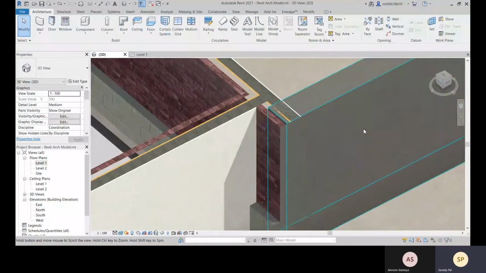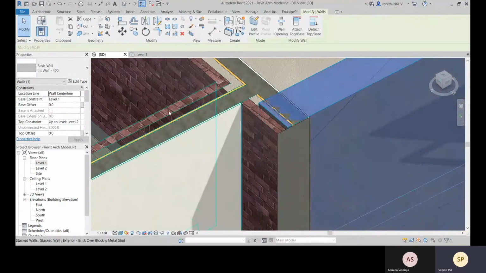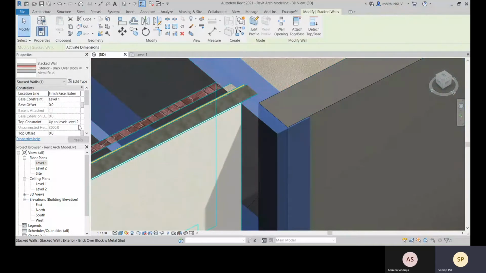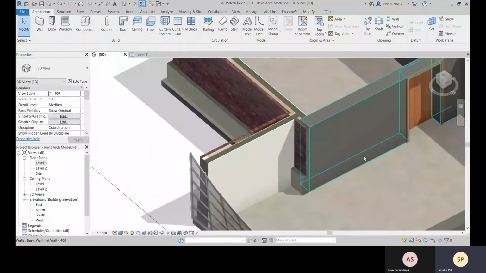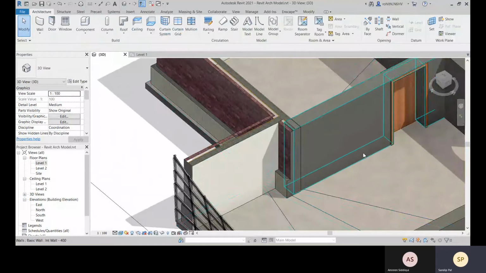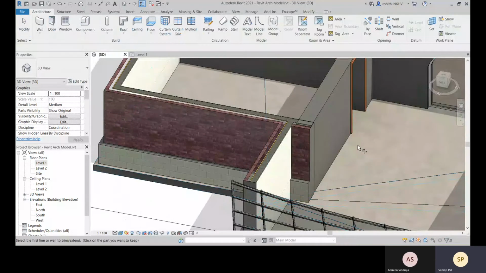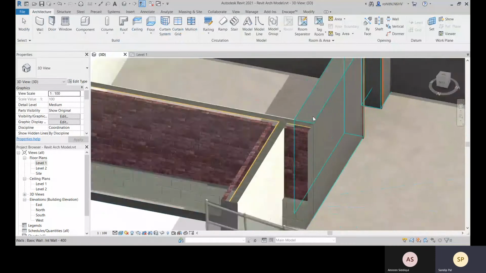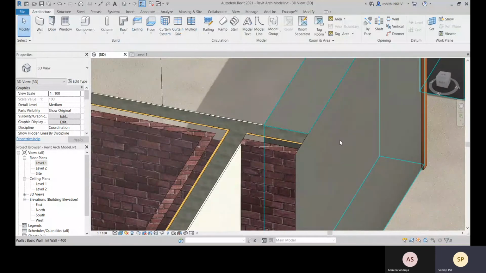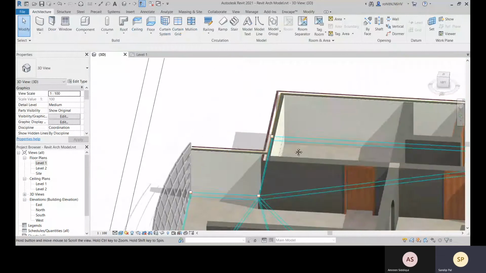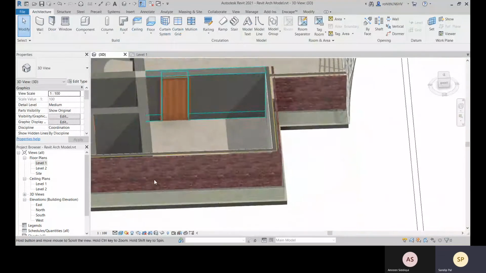Okay, and check the height of this, that is same, and what is the height of this, that is also same. Alright, fine, so it is joined right now, it's connected.